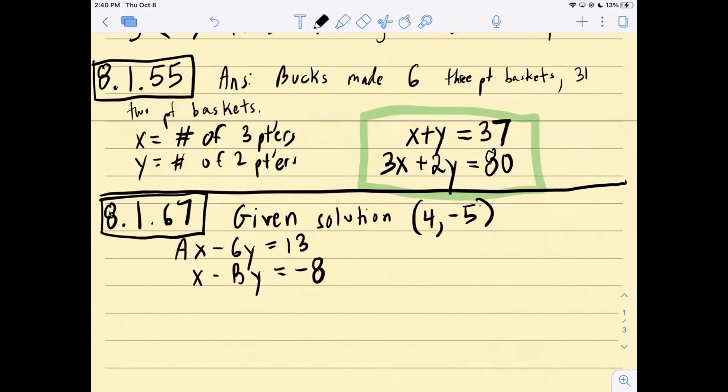Okay. Anyone have any quick ideas? Let's try to go through this one pretty quickly. So how do we find a and b? We're given the solution. Plug in the x and y. Awesome, Kanjit. Yes, just plug in x and y. If you plug it into the first equation, you can find what a is. You'll get